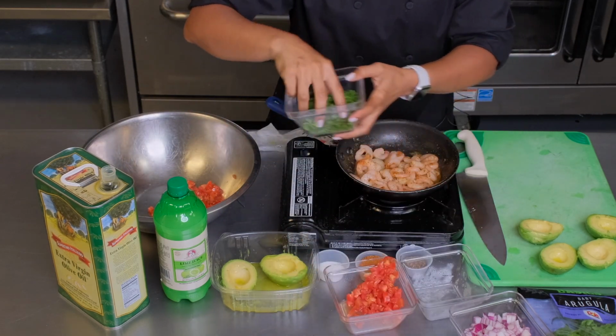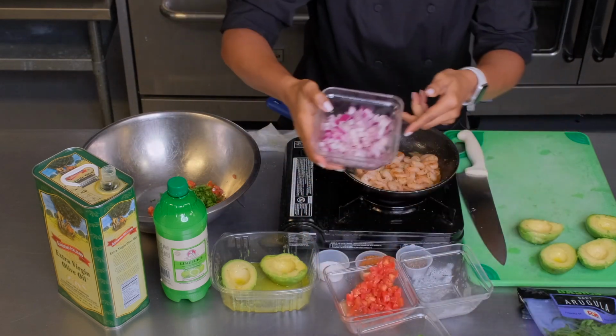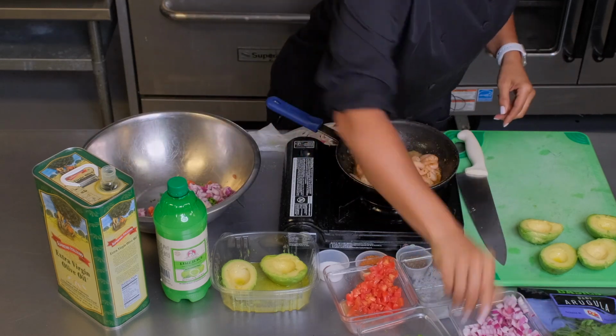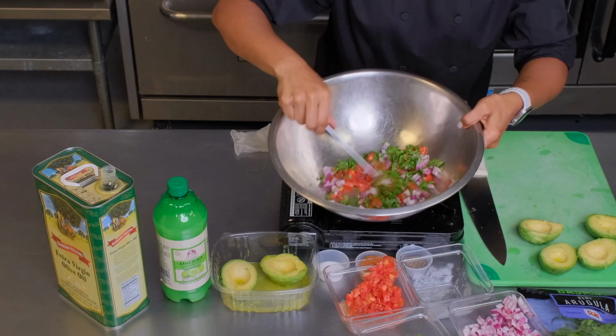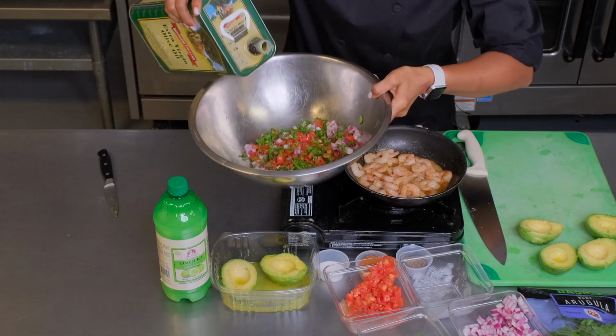This is cilantro. So we're going to add in some cilantro and red onion right here. We'll add some of that in. And I didn't really prepare. I'm sorry. So we have everything right here, and we're going to add in a little bit of olive oil,